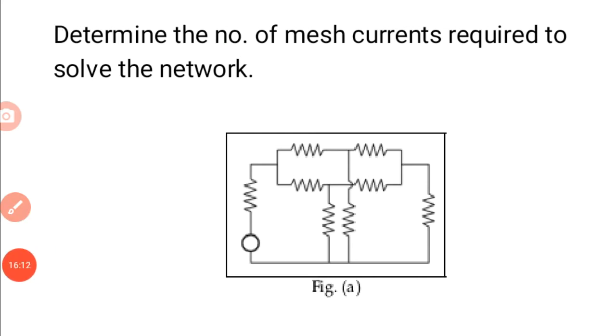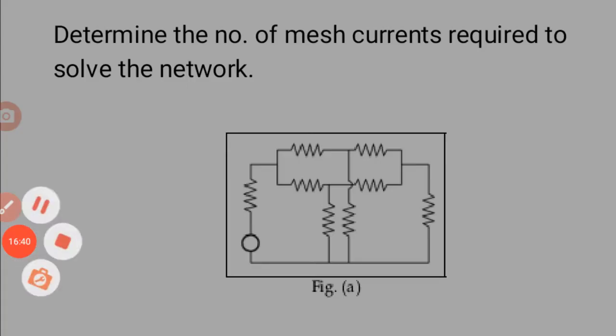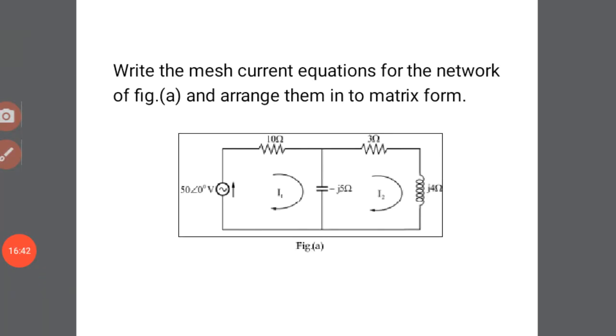So that means from these equations or these networks, we find out the number of mesh equations required. When finding the number of mesh equations required, first note down the number of nodes in the network. After that, note how many branches are placed in between. Based on the number of branches and the number of nodes, we calculate the number of mesh equations required. Next, go for another example.